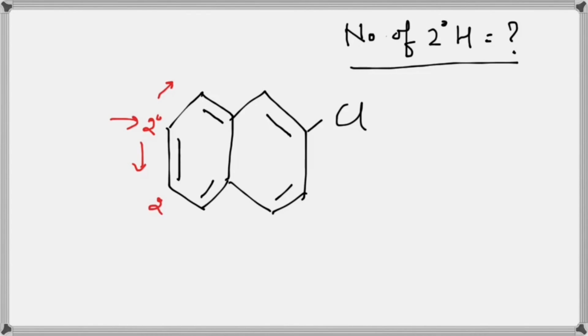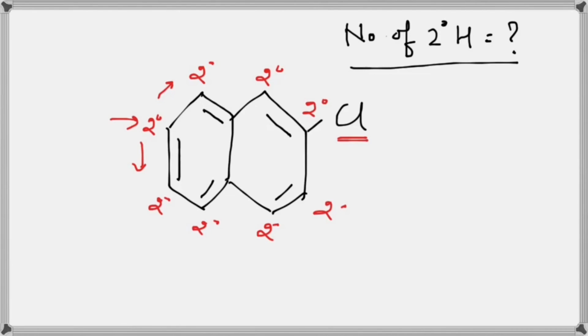Similarly, we have another 2 degree carbon here, and then a 2 degree carbon here, and a 2 degree carbon here. So get some practice. If you are not able to identify the different degrees of carbon atoms, you can use any of your textbooks like NCERTs and whatever, and pick any structure and start writing the degrees of the carbon atoms. This way you will get enough practice. So we have a 2 degree carbon here and one here, one is present here. Notice that this is a chlorine, not a carbon, so it is only attached to 2 different carbons. Then there is a 2 degree carbon here,